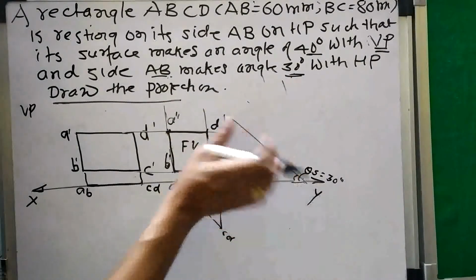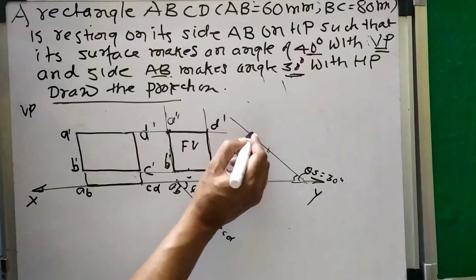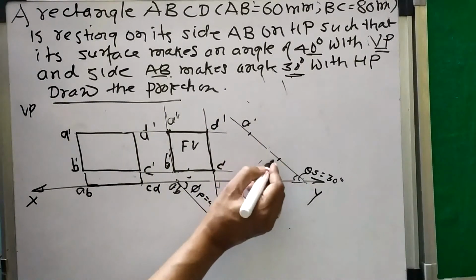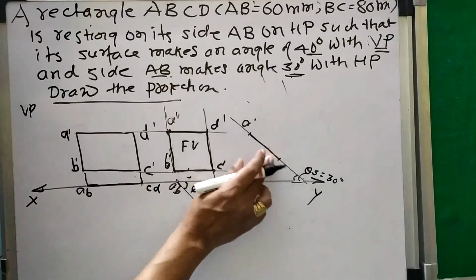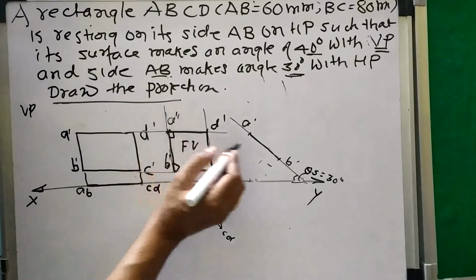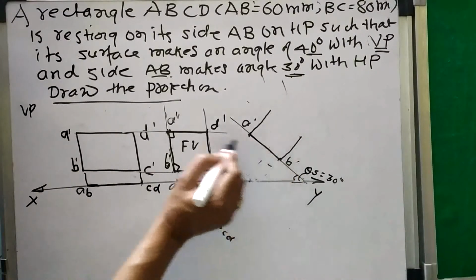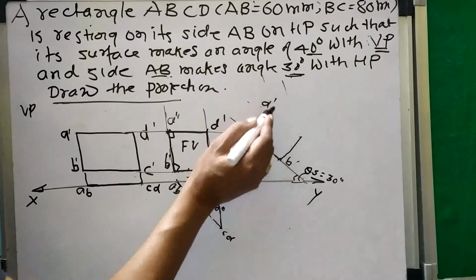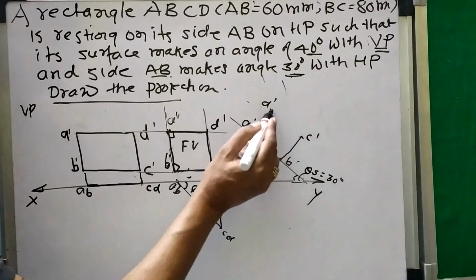So that's why I am taking on this side. Now I will take this distance somewhere, cut here, a dash. This distance I will take somewhere, cut here. So this is a dash, b dash, right? And then these are the perpendicular lines. So I will draw these perpendicular lines here. From this I will draw perpendicular lines. So on this I will cut this distance equal to a dash d dash, this distance equal to b dash c dash, and then I will join.